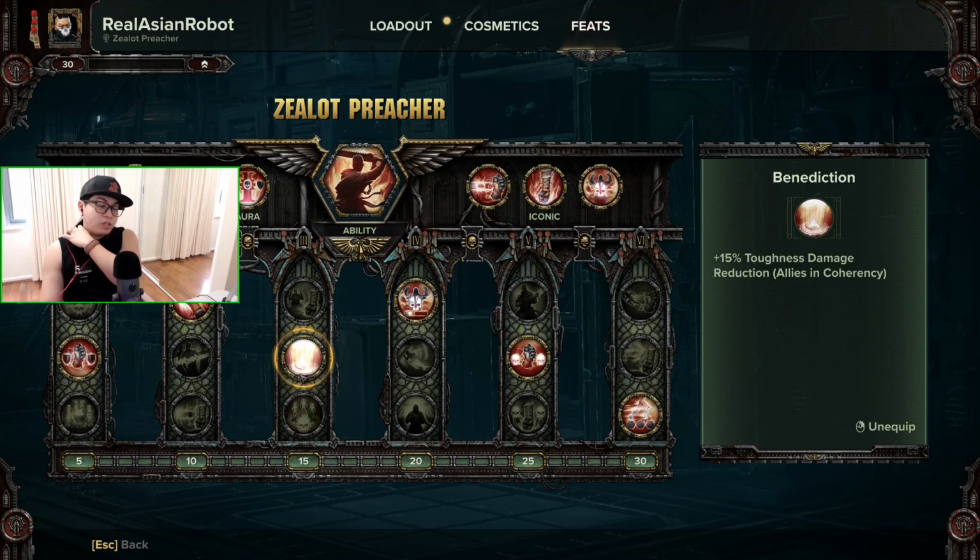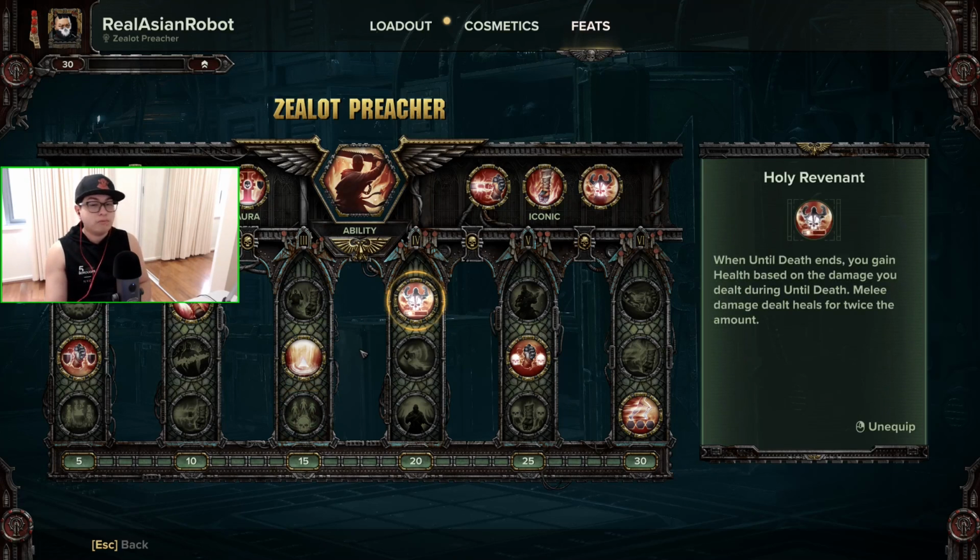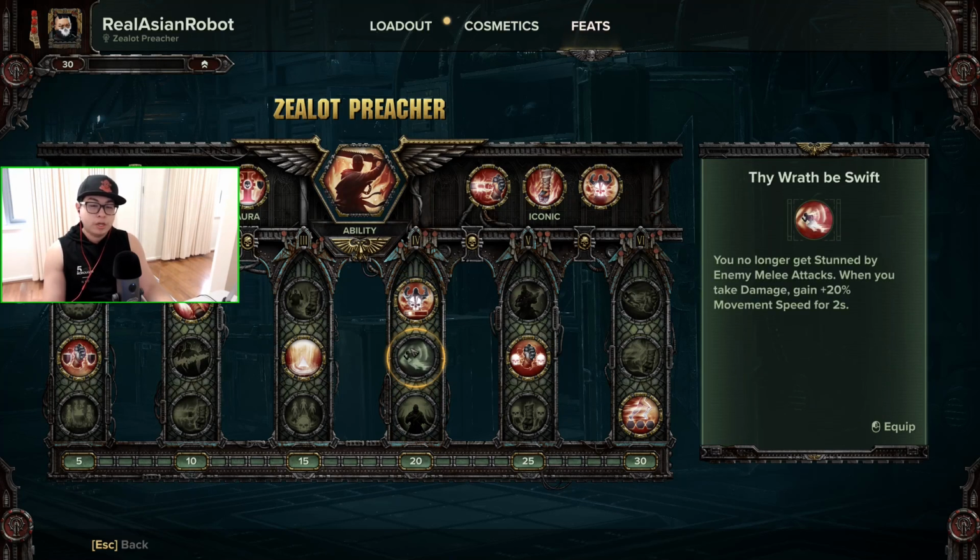So Benediction is generally the choice for this tier. If you can use something else in a viable build, T4, T5, let me know. Okay, column 4 is a mixed bag, let me explain this. Thy Wrath Be Swift allows you to no longer get stunned by enemy melee attacks. This can be huge for slower weapons such as the Eviscerator and the Thunder Hammer. However,